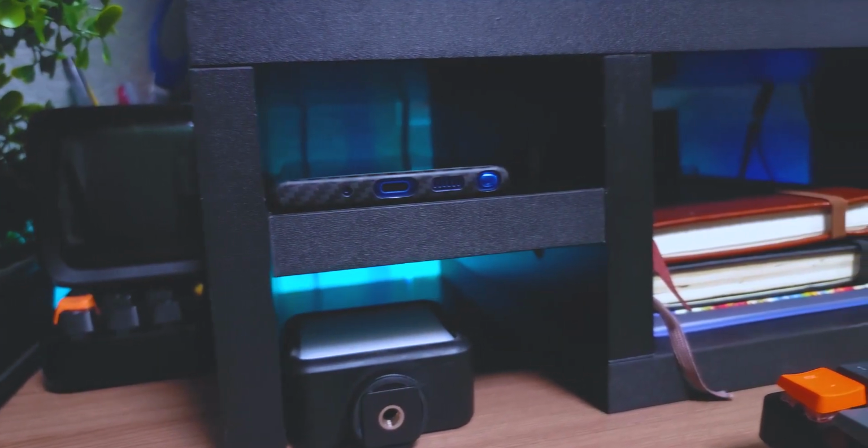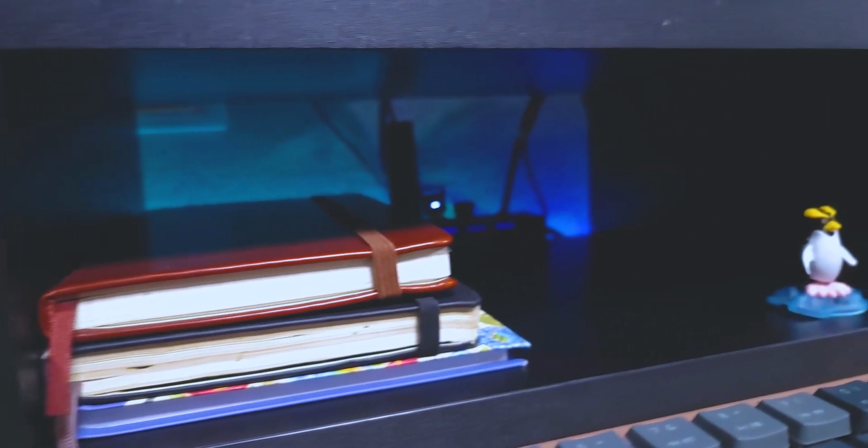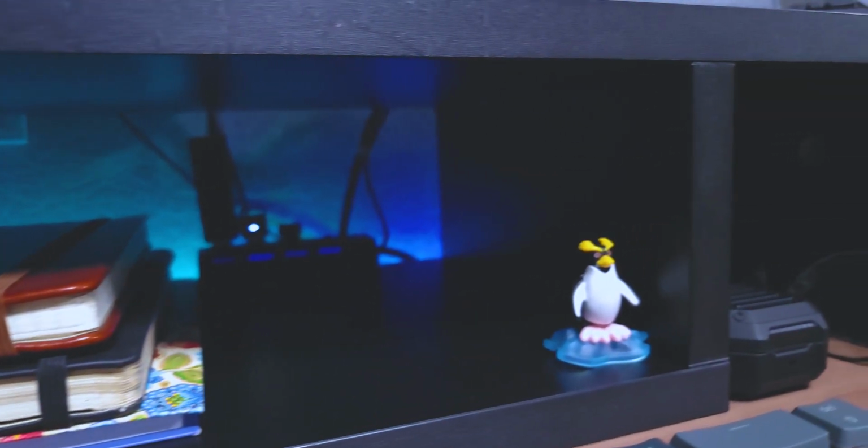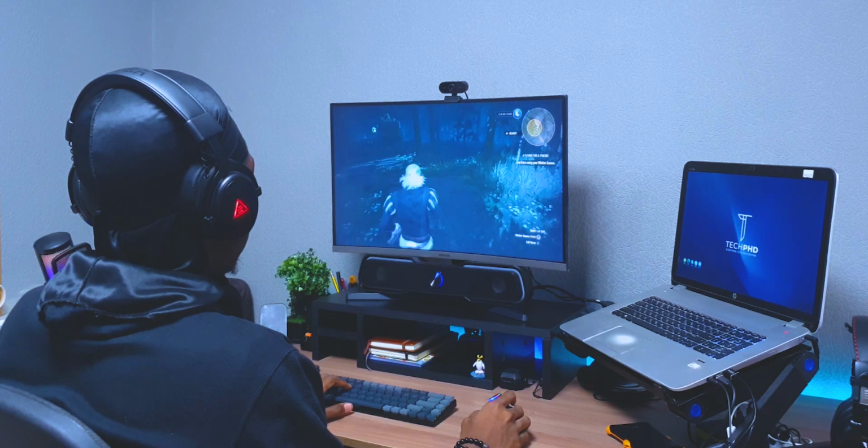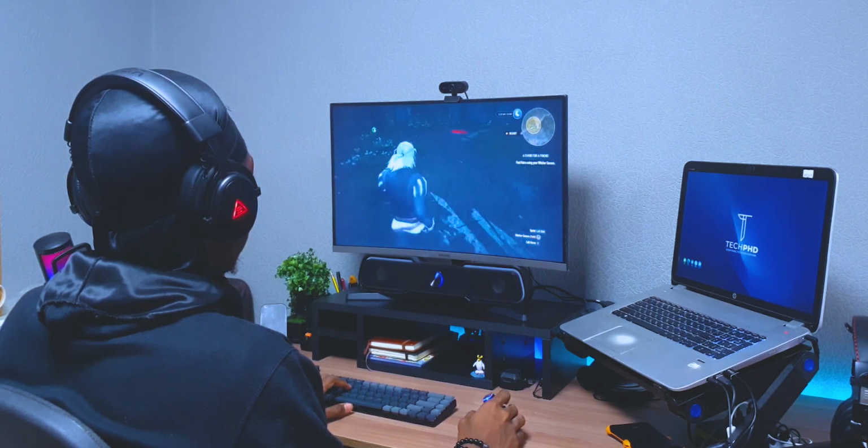Moving on from that, I have this monitor stand. Now, I didn't know how important a monitor stand was until I got this one. It is black and it's made of wood. It came deconstructed, so I had to put it together myself, and that was quite an interesting experience, but it's been really good. Since I got this, I've noticed that my posture while working has improved quite a bit,